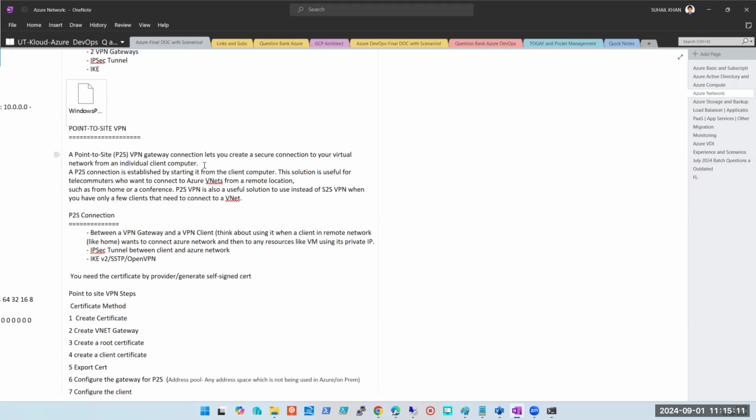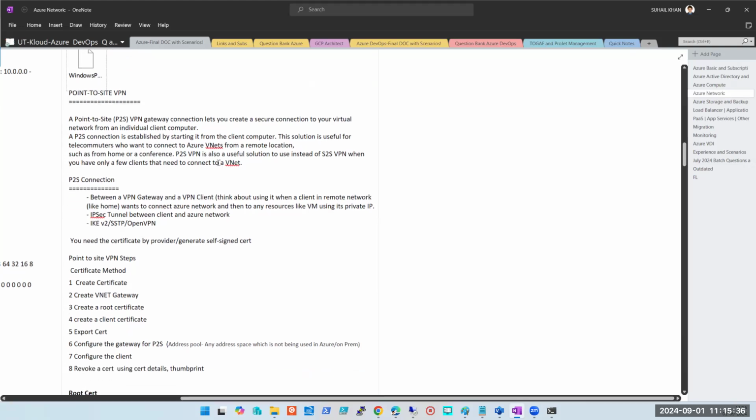Maybe. Right. So let me quickly show it to you. And again, it will require a virtual network gateway, right? It will require a virtual network gateway. I have already created one. So I'll delete the connection and I'll use the same virtual network gateway. Otherwise, a virtual network gateway takes 20 minutes. So first, let me explain it to you, and then I'll show it to you on the portal.